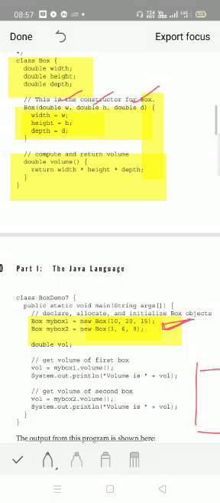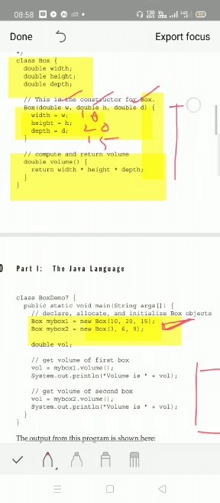So what will happen with respect to the first object? w, which stores 10, is assigned to width. Then with respect to h, what is received? 20 is received. So 20 is assigned to height and 15 is assigned to depth. Note down these programs. Okay, that is with respect to which object? Object 1.